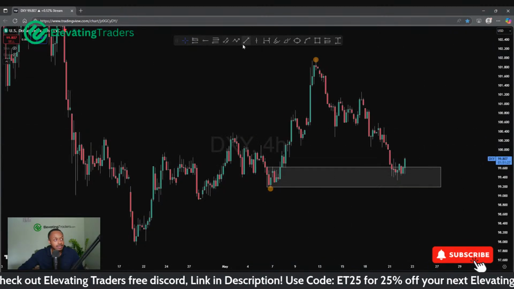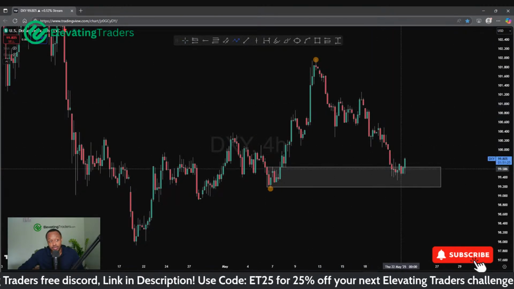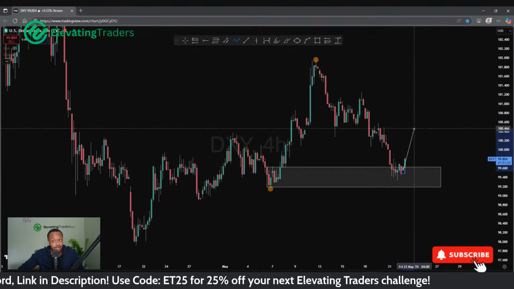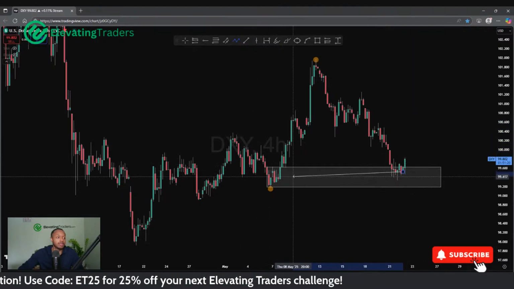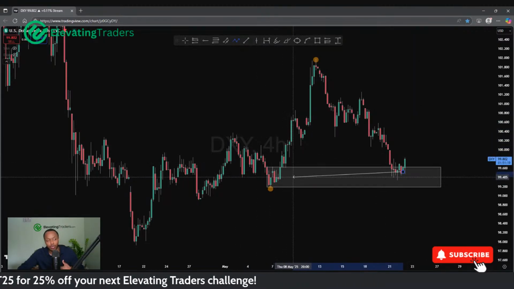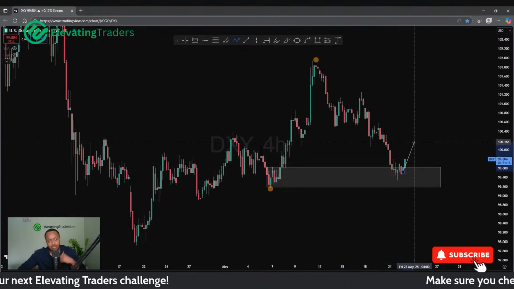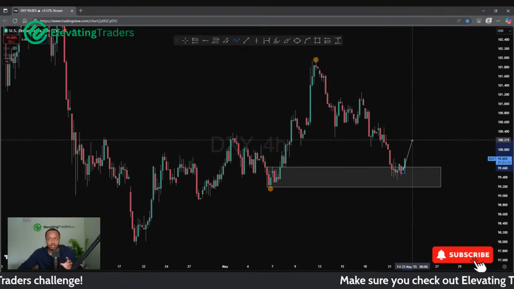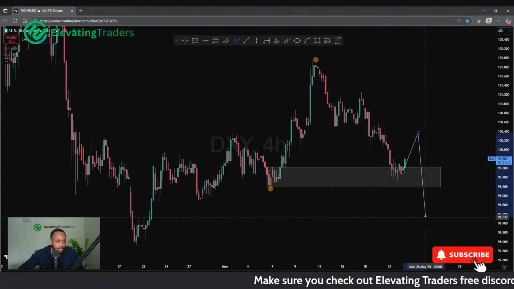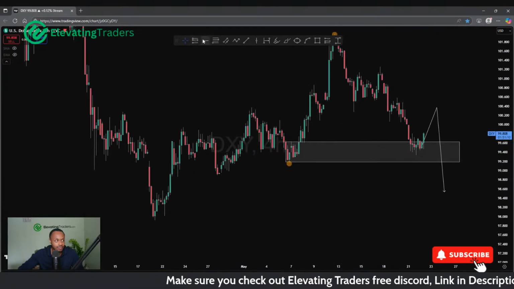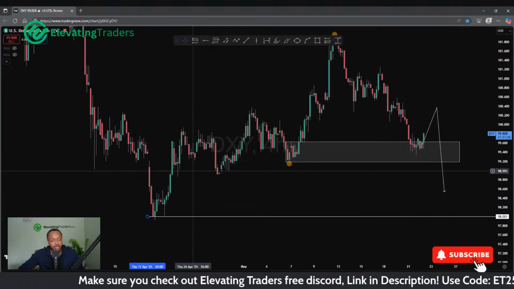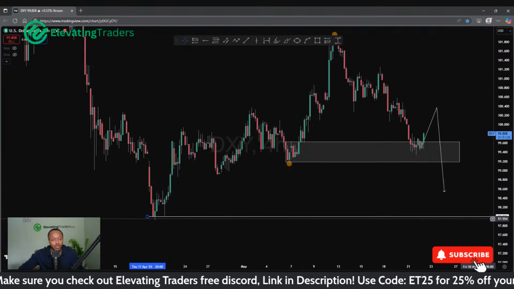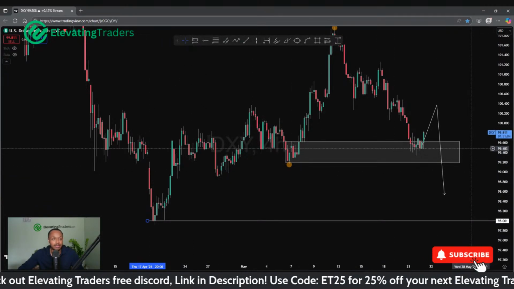I'm expecting to see some upside. Market's been pretty bearish, so naturally I do expect to see a bit of a pullback. And of course, we're coming into a very bullish area where we could see buyers enter the market. So for that reason, I'm expecting a bit of a pullback, which looks like we are seeing. But I do think we can still see some more downside for a push back to the lows here. I do think overall we can still see USD weakness really enter the market long term.